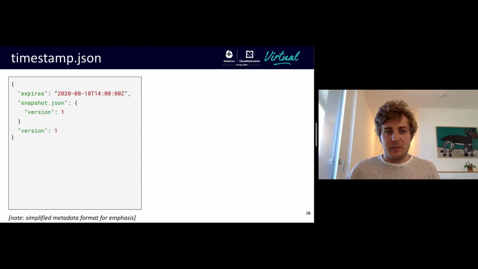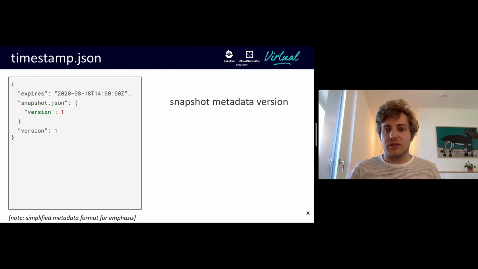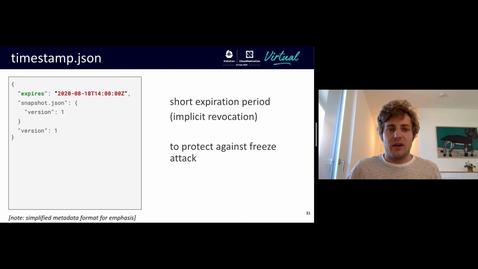Then we have the timestamp metadata. Timestamp metadata is responsible for the freshness of snapshot metadata and thus targets metadata and thus target files. It does so by always listing the latest version of snapshot metadata on the repository and also having a very short expiration period.